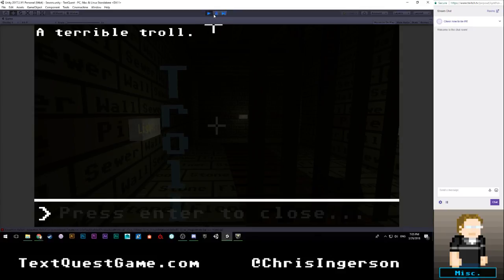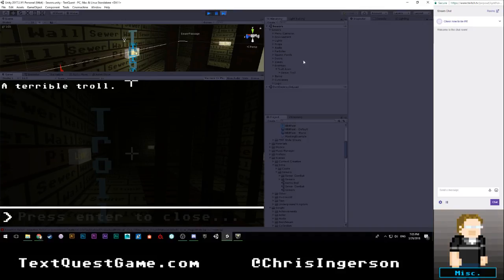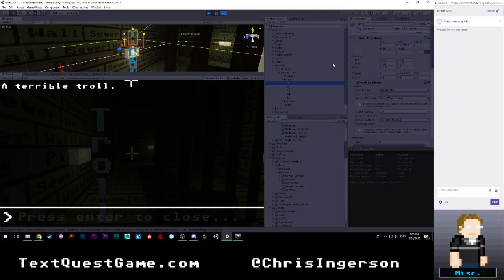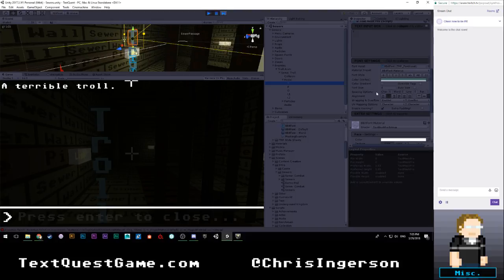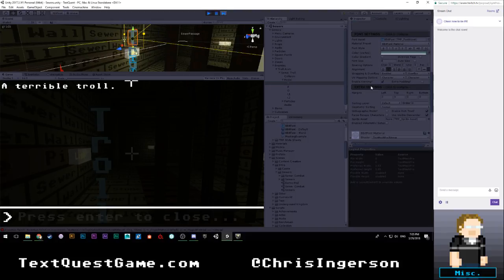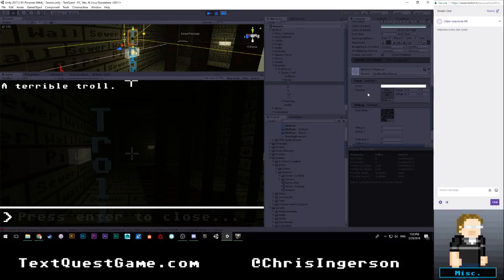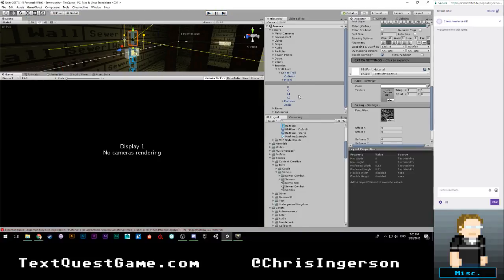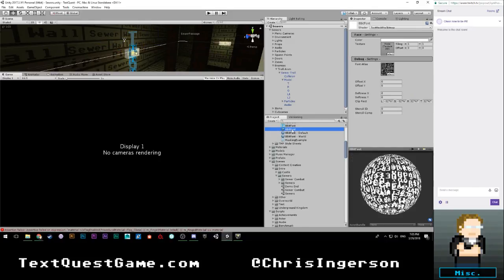So, what can we do? Well, one of the things that we can do is, let's go ahead and grab one of these models. And I'm just going to adjust the instance, see if I can get away with that. I can't. Okay. We'll go ahead and go into edit mode. I'm going to make a new material preset. And I'm going to call this 8-bit font dash, we will call this,